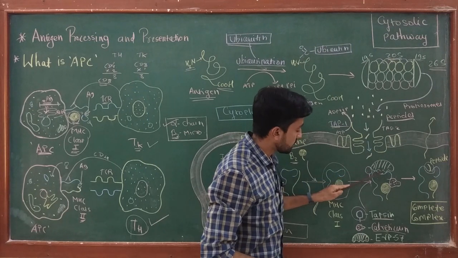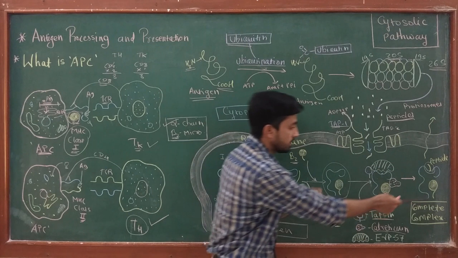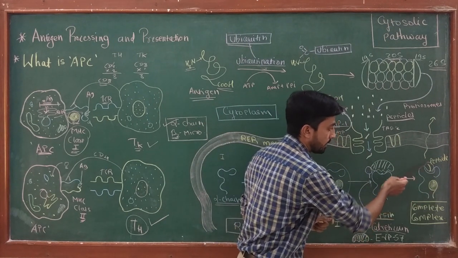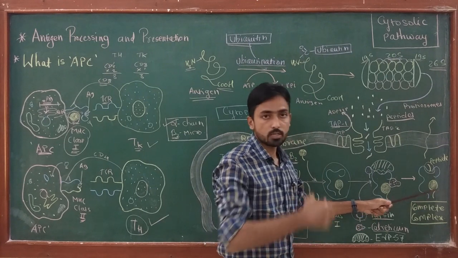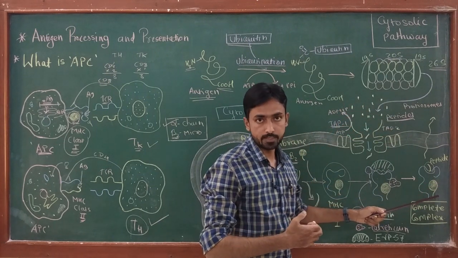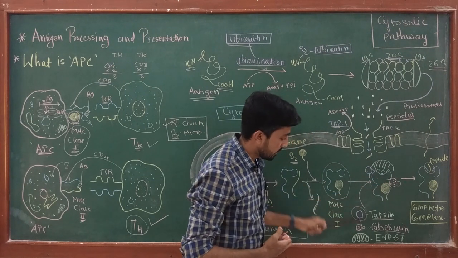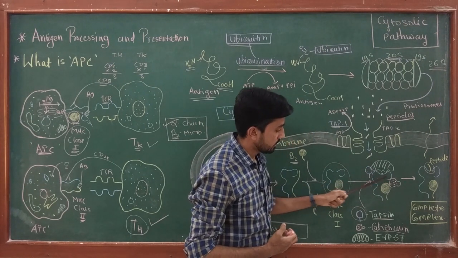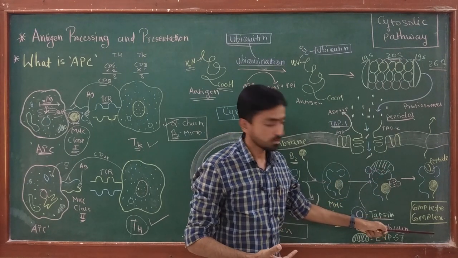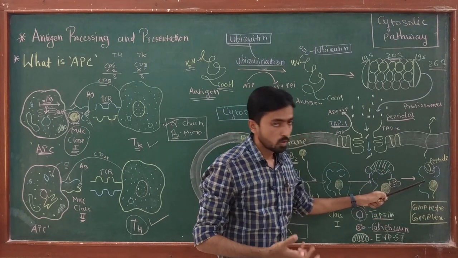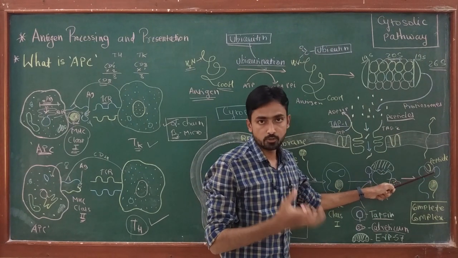Once this peptide gets attached on the peptide binding cleft, this MHC class 1 peptide complex is called the complete complex. Now it is ready to be transferred to the surface of the cell. At the time of binding of the peptide, these three proteins, tapasin, calreticulin and ERP57, are released. So in the complete complex, only the MHC class 1 and the peptide fragment are present.